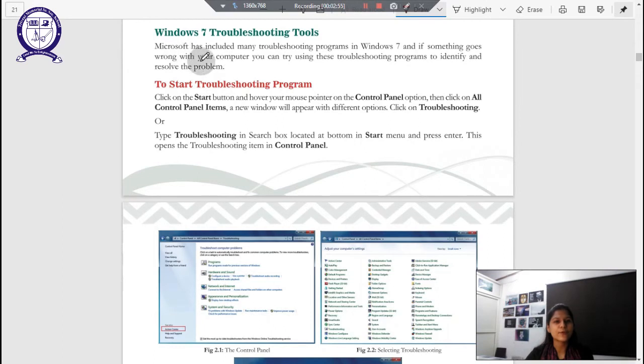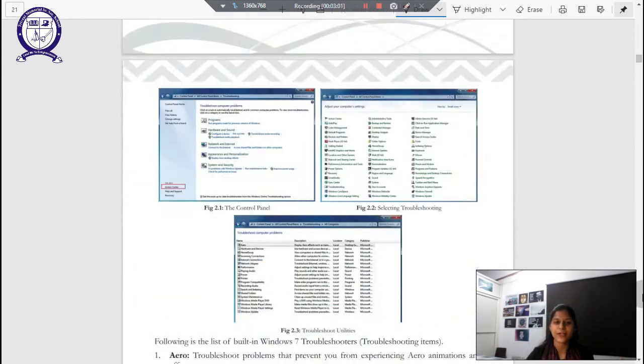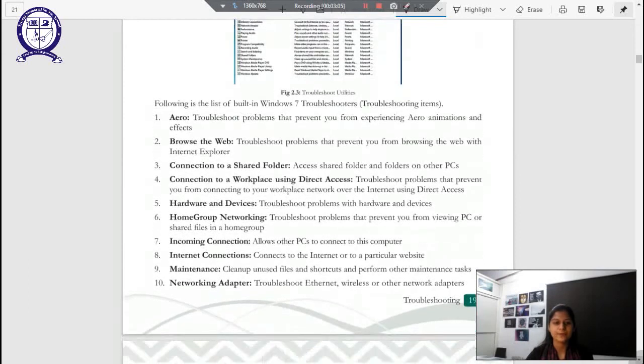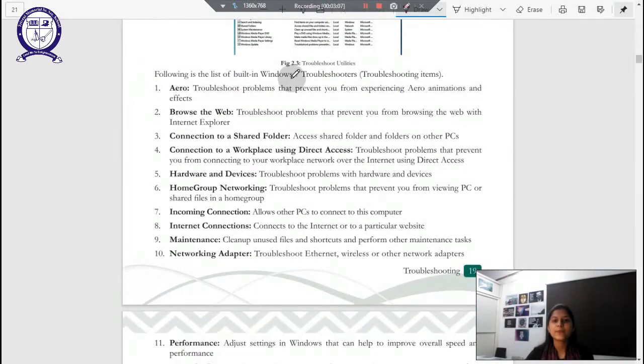If something goes wrong with your computer, you can use these troubleshooting programs to identify and resolve the problem. So we just saw in our settings the kind of options that we have. We will read here as well. So it is the list of the built-in troubleshooters. Aero: this program prevents you from experiencing Aero animations and effects problems. Browse the web: if you have a problem with browsing the web with Internet Explorer, we can troubleshoot using this tool.